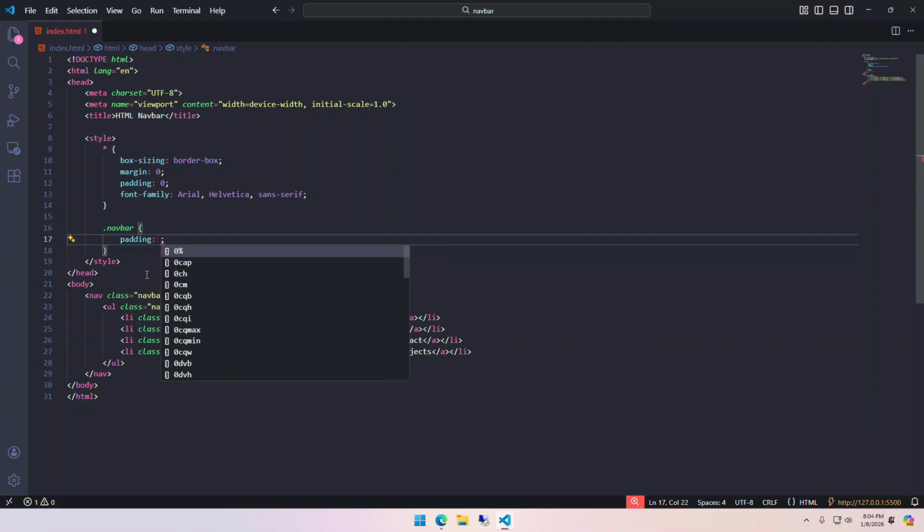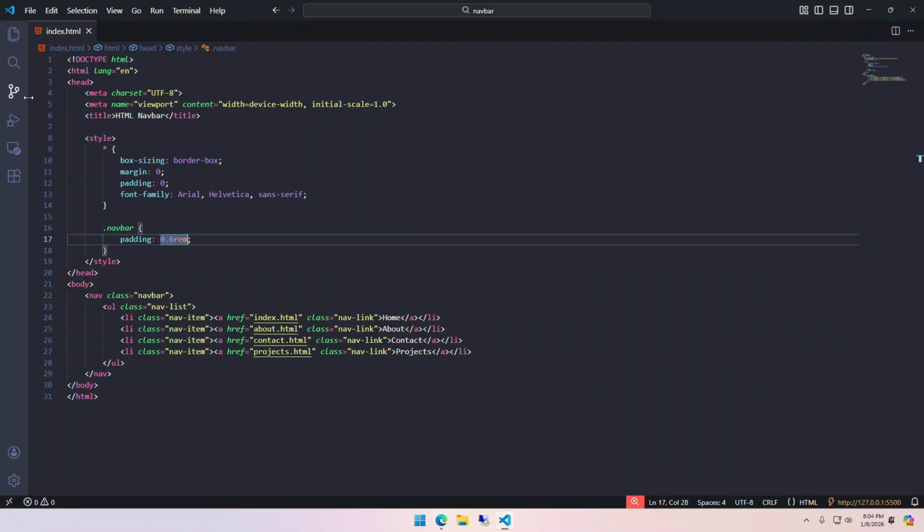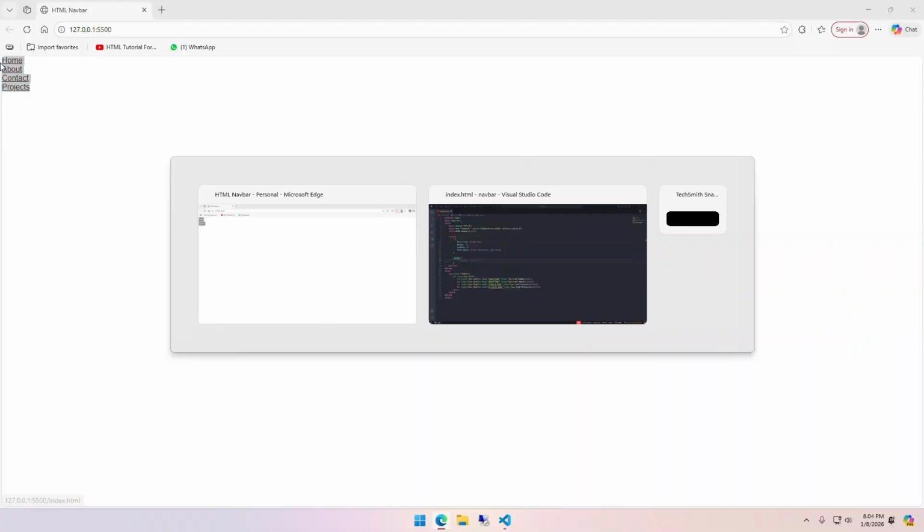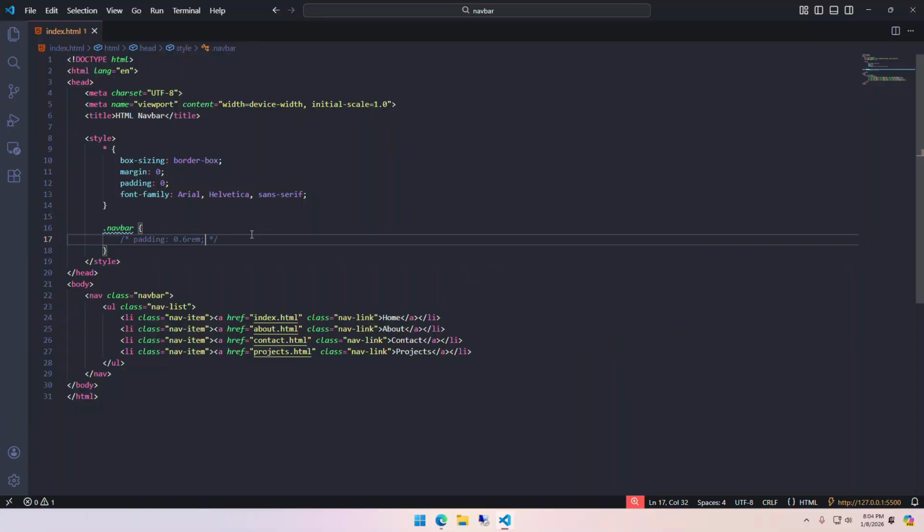padding, and I am going to add a padding of 0.6 rem, and this just adds a slight spacing from all sides. If we remove that, the spacing is removed and the links go completely to the edge. We need some little spacing so the links stand out. I am going to add the spacing back